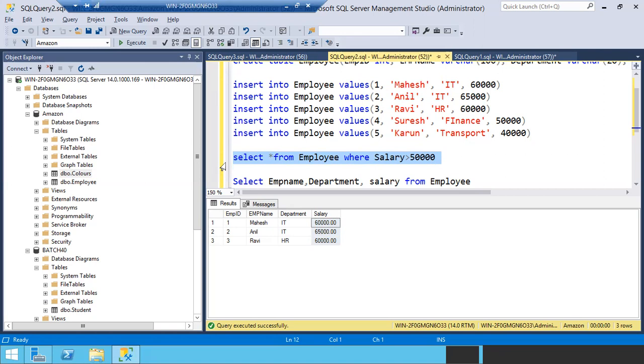Tell me in Telugu, no problem at all. What will this line do? Select star from employee, the highlighted one. What results is it going to pull?